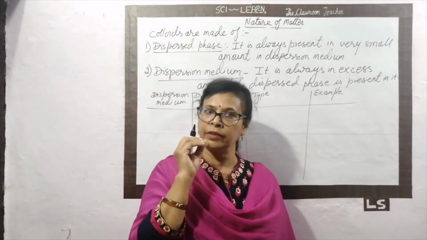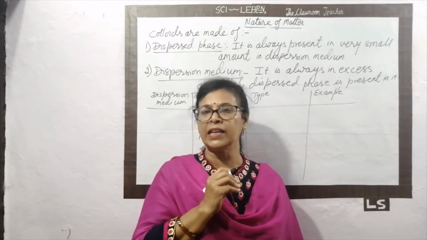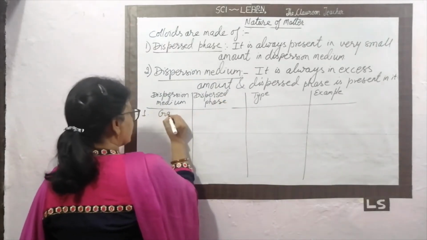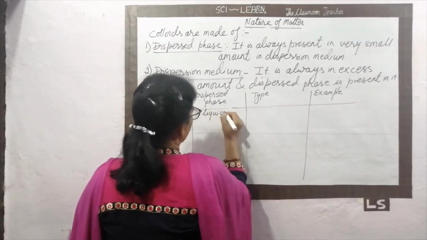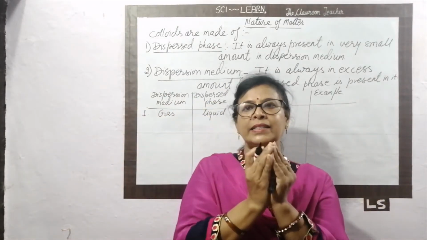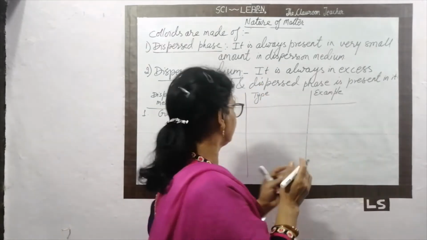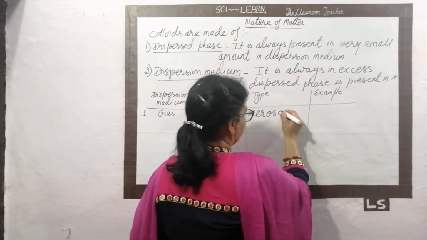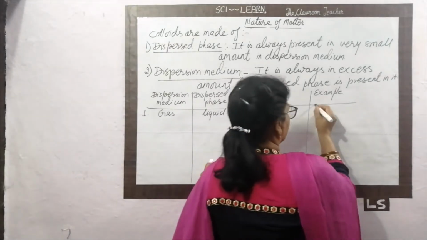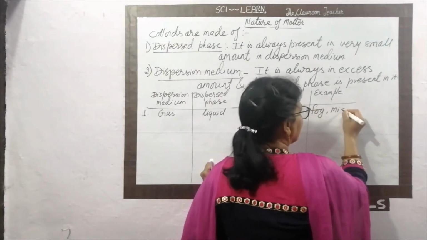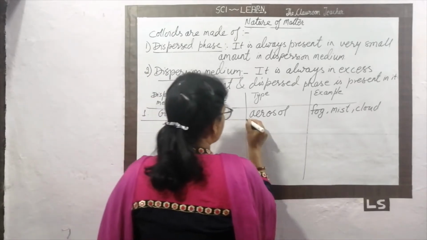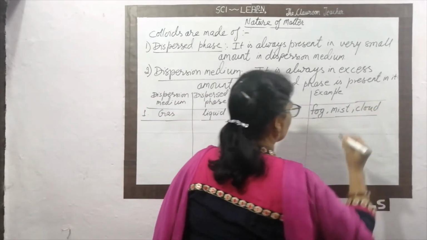What is the dispersed medium? First, the dispersion medium is gas and the dispersed phase is liquid. When these two combine together, it means gas is more in amount and liquid is less in amount. That is called aerosol. We have examples of this that we call fog, dhund, mist, cloud. All these are examples of dispersed medium gas having a small amount of water as a